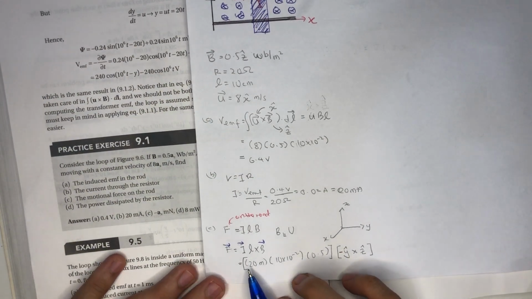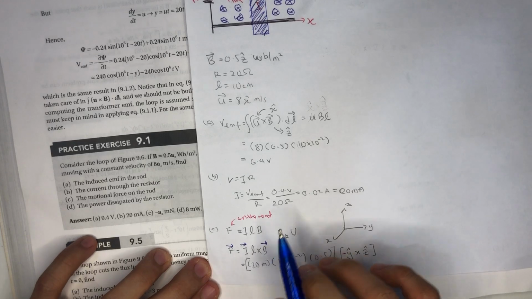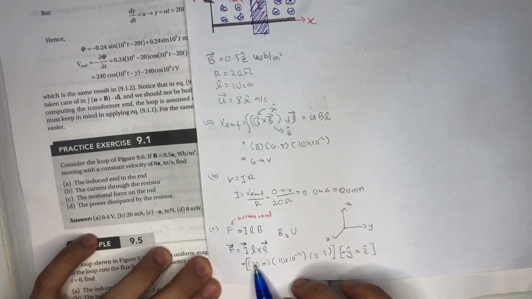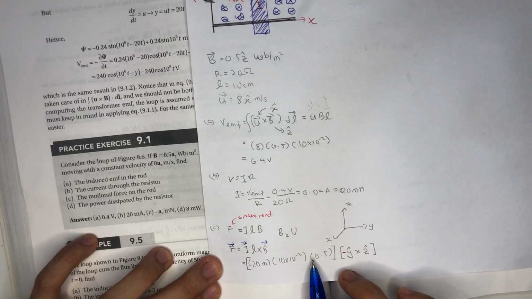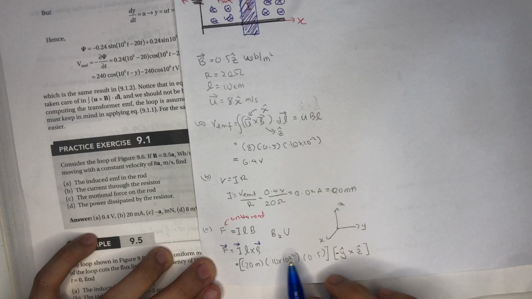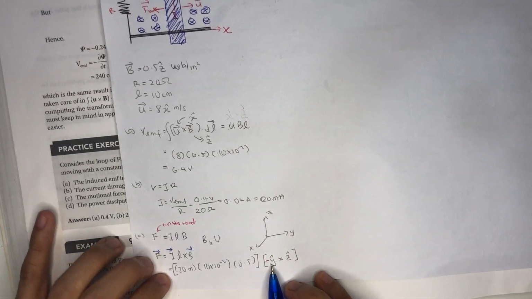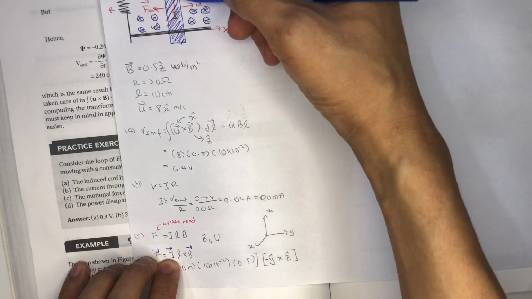Then the current is 20 milliampere, which we obtained, L we know is 10 centimeter, and times 0.5, which is given. And now we need to see the direction. You see why it is negative y for this I, because if you see,